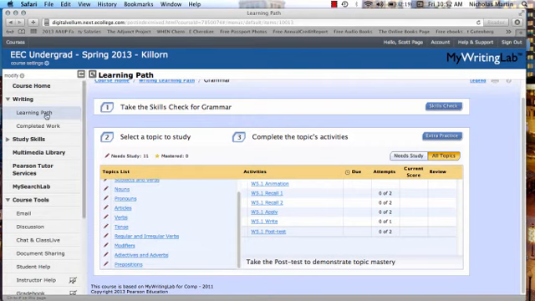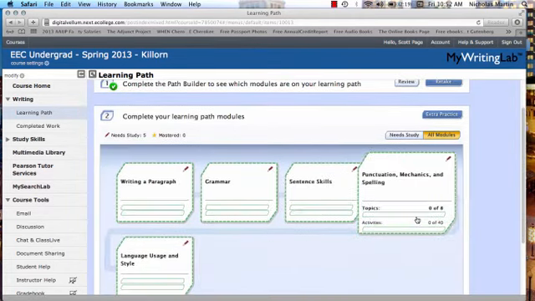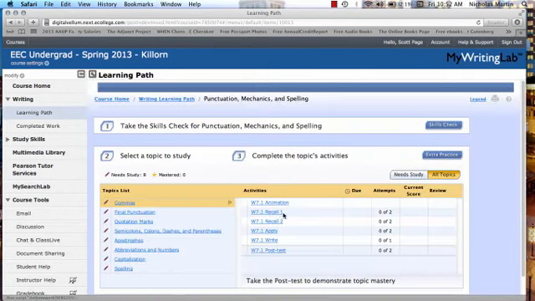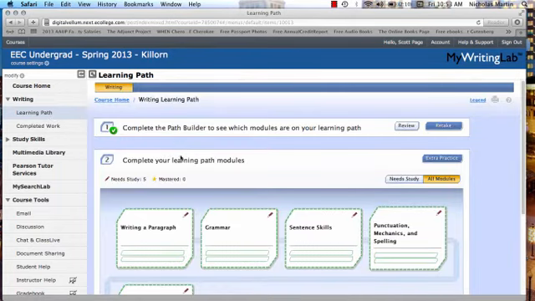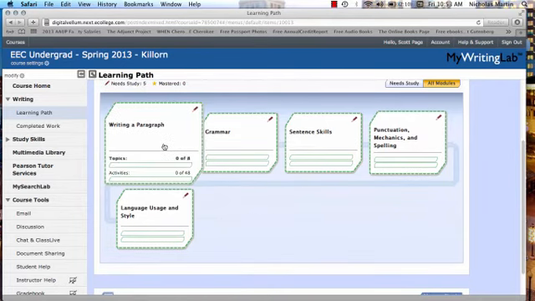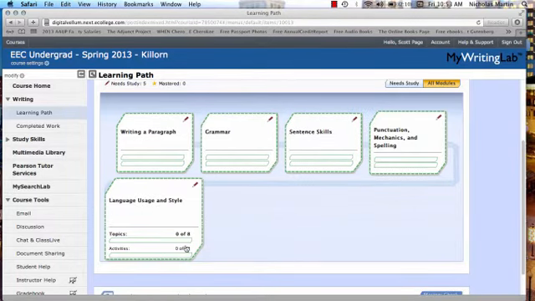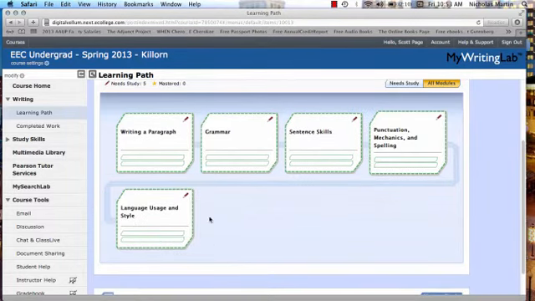And again, if you go back and click on Learning Path, you'll see that you do have those 5 modules that you have to complete, and in each one of them there's a topic list, and each one of these topics has to be mastered, and by mastering, just complete the post-test. So, worst case scenario, I'm showing you it right here, the worst case scenario is that you have to complete all 5 modules, which yes, looks like a whole lot of activities and topics, but if you really look through